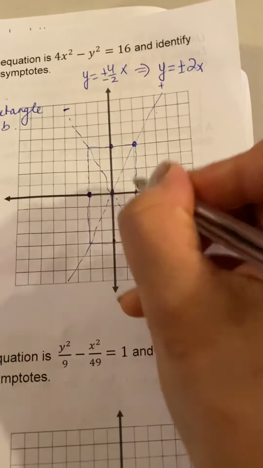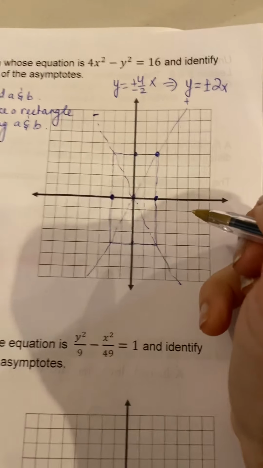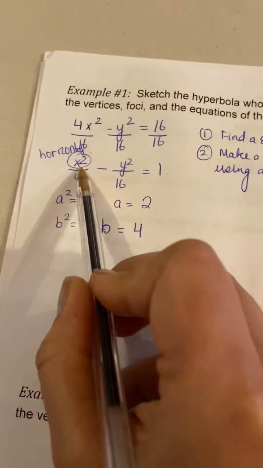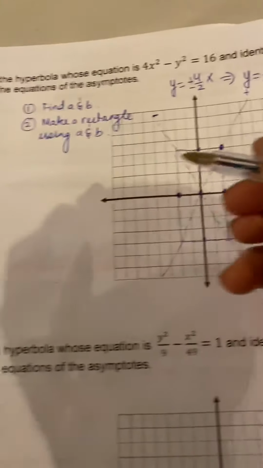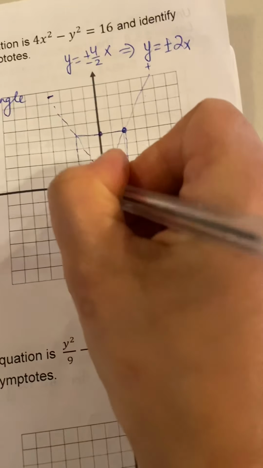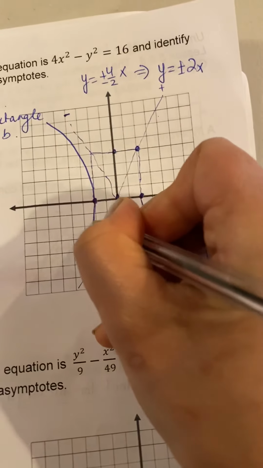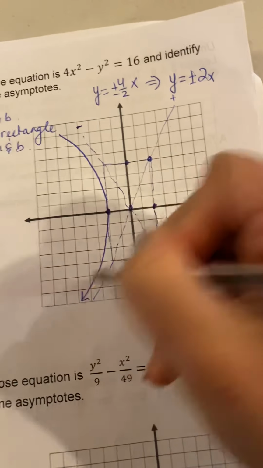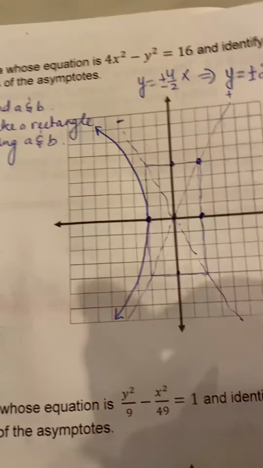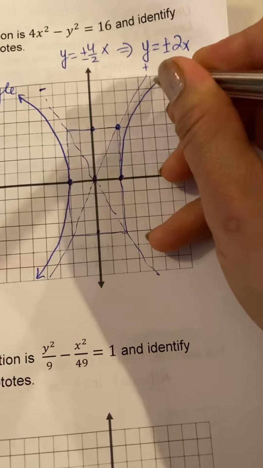These are your vertices because it is a horizontal hyperbola. Again, going back to here, why is it horizontal? Because x squared was first, right? So now with the free hand, as close as you can get to your asymptotes, get them. And this is how you sketch your hyperbola. There are 2 parts to it. That's your first one, and this is,